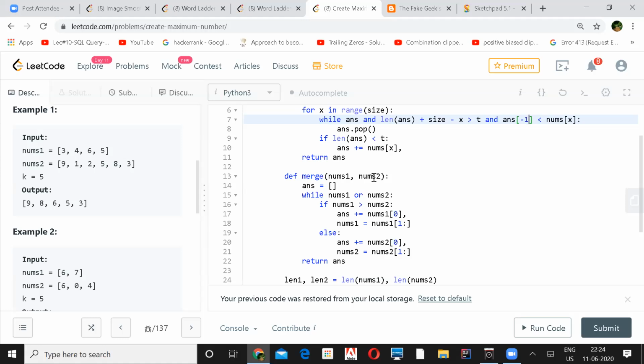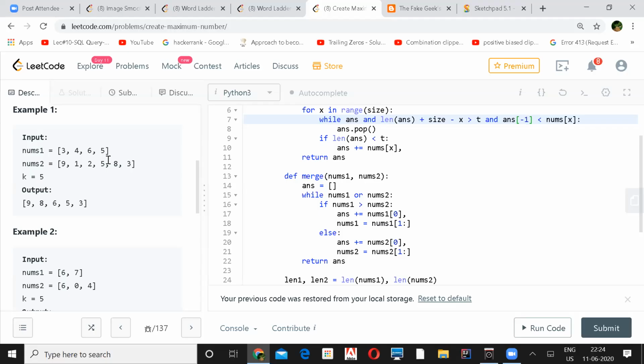So you're trying to get the biggest one out of the two arrays and fit them in such a way that the output will be a bigger number. Out of 3 and 9, 9 is bigger, so I'll append 9 and shorten the array by 1.